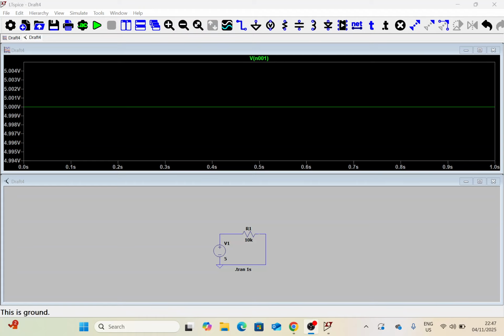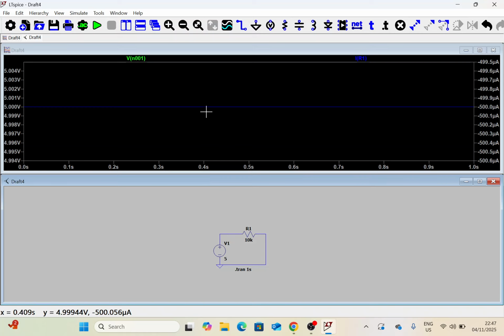So we are continuing our studies of LTSpice from the very simple circuits that we built in the previous video. And if you are observant or you paid attention, you would realize that this current that I'm measuring here is showing as negative 500